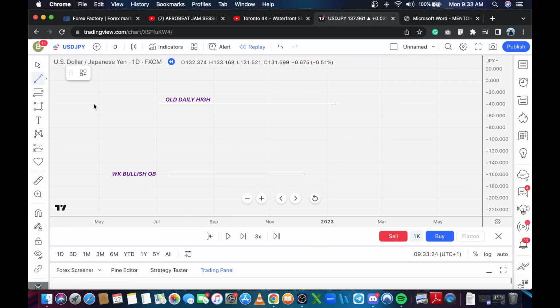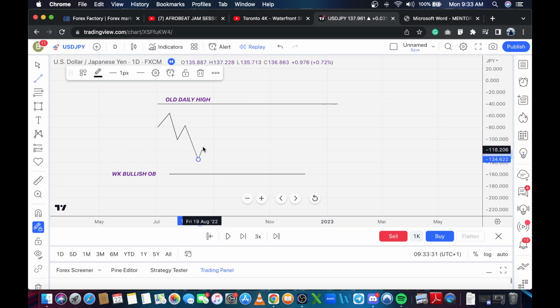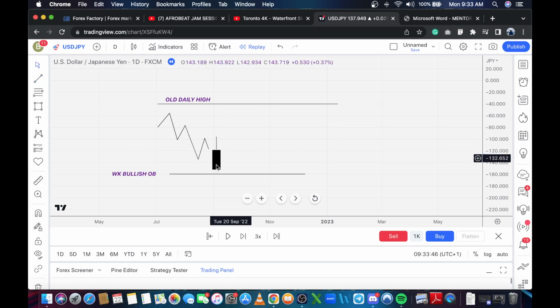Now, as the market starts to trade lower into our pre-anticipated discount, what you're looking for is bearish candles leading down into your discount array, and this is what it's going to look like. Again, each of these candlesticks is a daily candlestick, not a weekly candlestick. So it trades down into your discount array, and what you can do here is